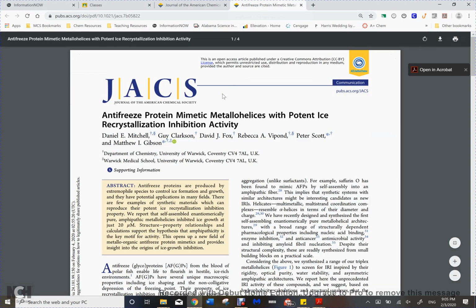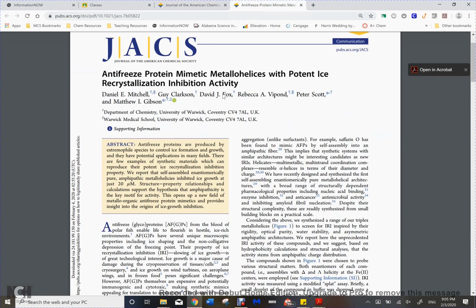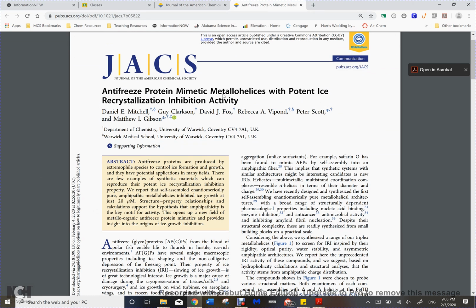So if I go to an article here, it's actually about antifreeze, since it's similar to what we've been talking about, lowering the freezing point. And so what you'll notice about each science article is that there are certain similar components. Now it may vary a little bit from journal to journal, like how these components are organized, but one of